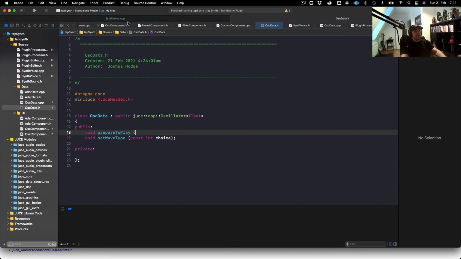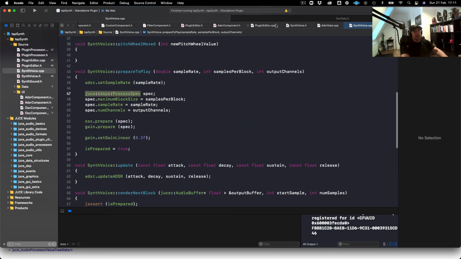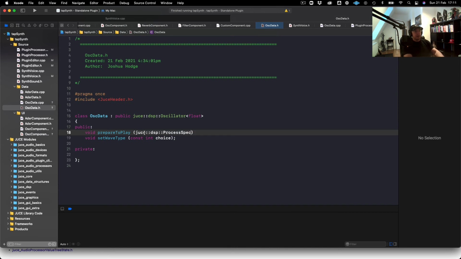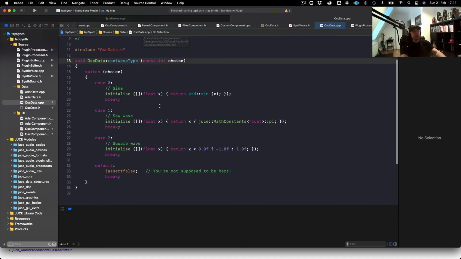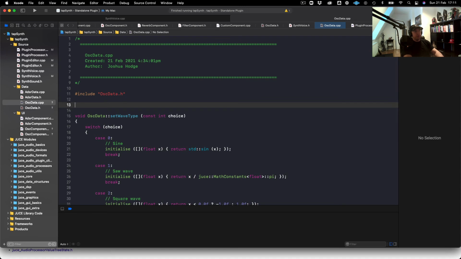And let's see, what does this need to take? It needs to take a Juce process spec. So this is more future-proofing for stuff that we're going to do a little bit later when we actually add some more complexity to this osc data class. So we will do void osc data prepare to play,